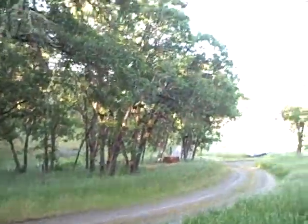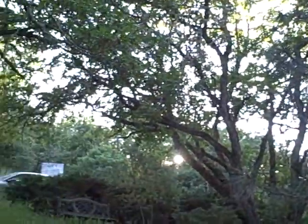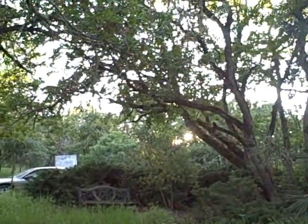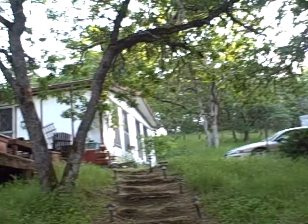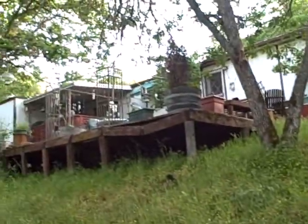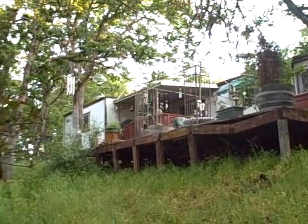Anyway, so a couple days of observation have shown me that we've got a lot of scrub oak out here. A couple pine trees. This is the eastern slope, so the sun's setting in the west, so we're very much an eastern slope here. We've got a deck that's kind of breaking down, but